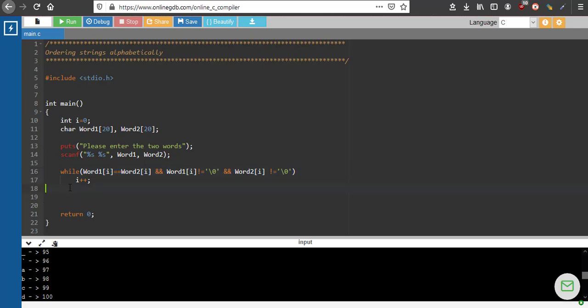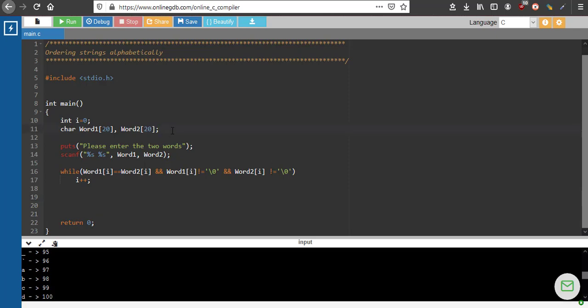Okay, now the while loop will end when either of these conditions is not satisfied. That means either the two characters we are comparing are not the same, or either of the words has ended. Then I will give you the corresponding value of the character where there is a difference. I just have to check the difference.